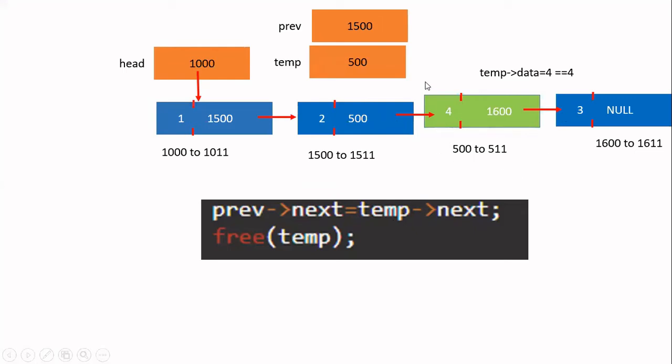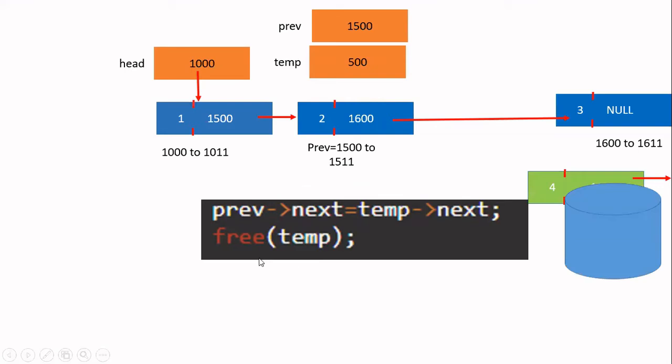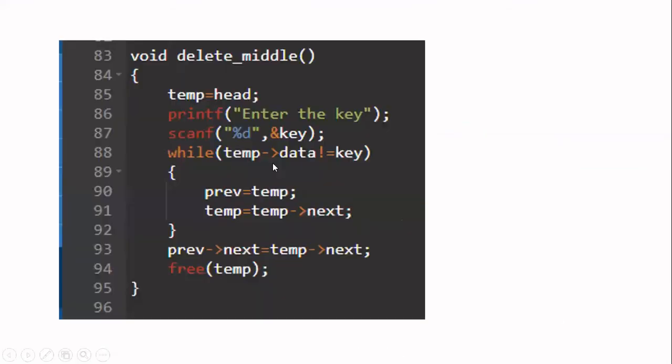Okay. After that, you have to release this node to the garbage. So this node's starting address is available in temp, right? Free of temp. If you do that, see this arrow I am making by means of this statement. First statement is going to create this arrow. And next statement, when I write free of temp, the green node is released to the garbage. The entire steps I have written in a function. Hope you can go through that, whatever I have explained, all the steps.